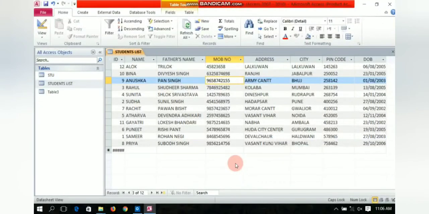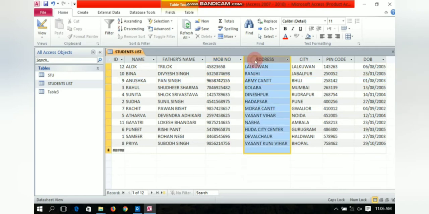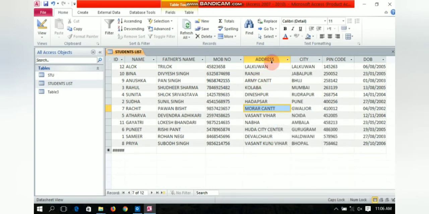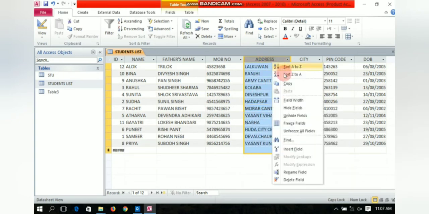Fine. Now I will tell you about hiding columns. MS Access provides a feature with which you can temporarily hide columns, okay? So to hide a column, you have to select a particular column. You can just click on the field and the whole column will be selected, and after that right click and you will find various options, okay?